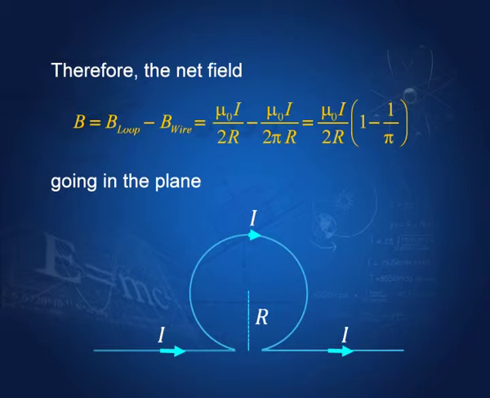The field due to the loop is mu 0 I by 2 r, and the field due to the long wire is mu 0 I by 2 pi r, and since this is the weaker field and this is in the opposite direction to the field of the loop, therefore, the ultimate expression is mu 0 I by 2 r into 1 minus 1 by pi, and this field, you can work out, is going into the plane. So, these are simple examples, simple exercises, there is no problem. I wanted to familiarize you with these problems, because these are favorites of examiners.